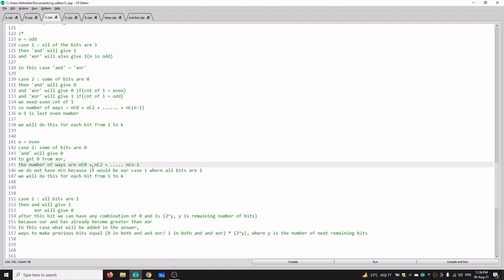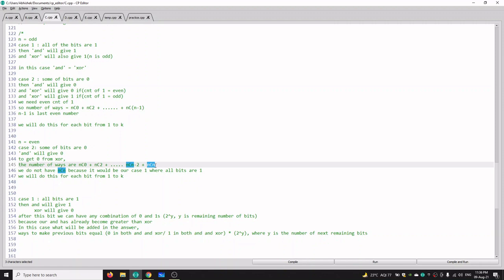We need to find the number of ways in which we can take an even number of ones. So that would be nC0, nC2, and up to nCn, and that will give us the number of ways in which we can take an even number of 1s, but we are deleting the last case.